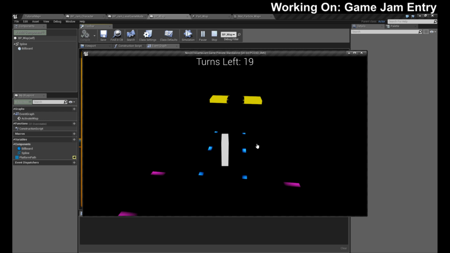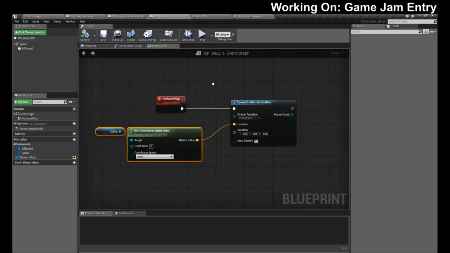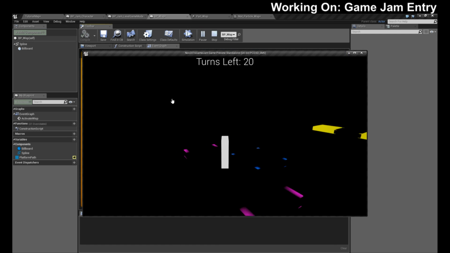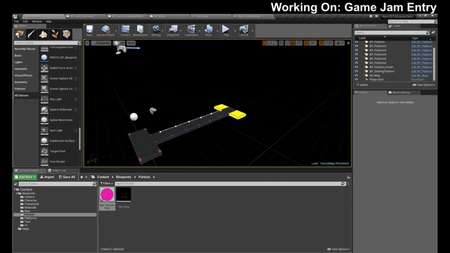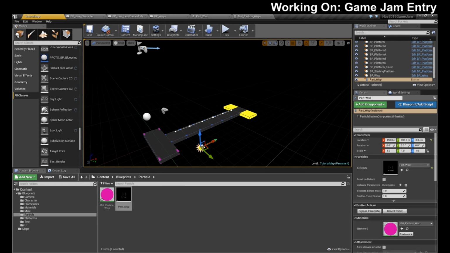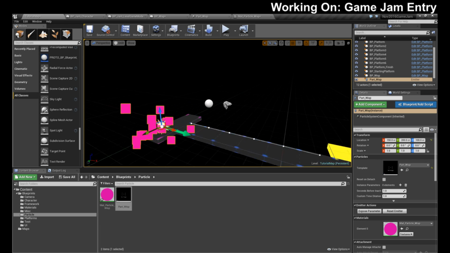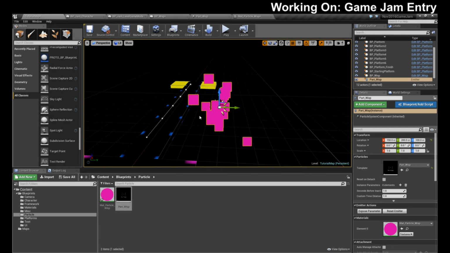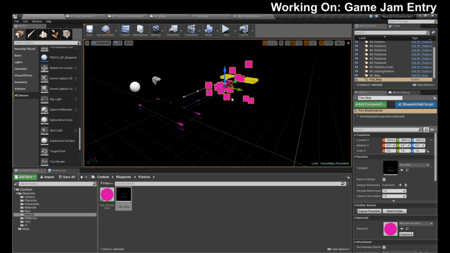Well, I definitely don't see a particle. Oh, it's an auto destroy. Let's try that off. Okay, let's drop this into our scene and see if it actually does something. Well, it should be working. That's what we should be seeing.